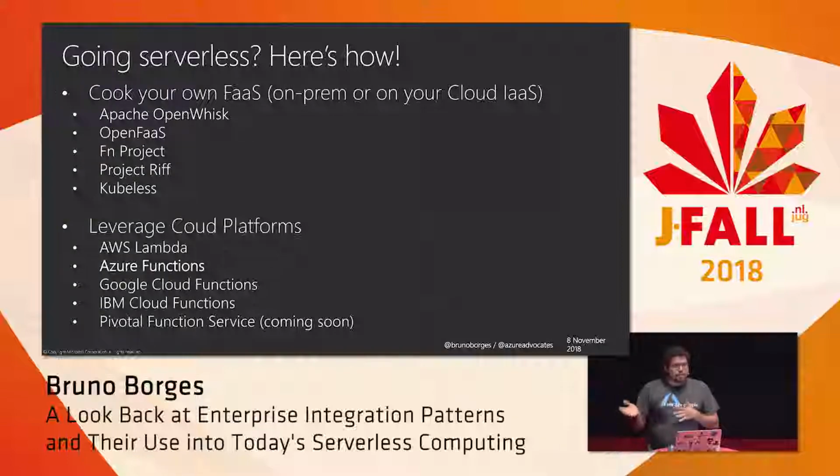But if you are thinking about public cloud, or even private cloud in a sense, but you want to give that responsibility to someone and you're going to pay for that, that's fine. You go to a cloud provider, whether it's private cloud or public cloud, but you have access to services like AWS Lambda, very famous, Azure Functions from Microsoft, Google Cloud Functions, IBM Cloud Functions, and Pivotal Function Service, which is based on Project Riff. But Pivotal at this moment has Project Riff, but they also have Knative. Knative is mainly by Google and Pivotal. So there's a lot of things still happening in the serverless ecosystem, but there are choices, whether you want to do on-prem or in the cloud.